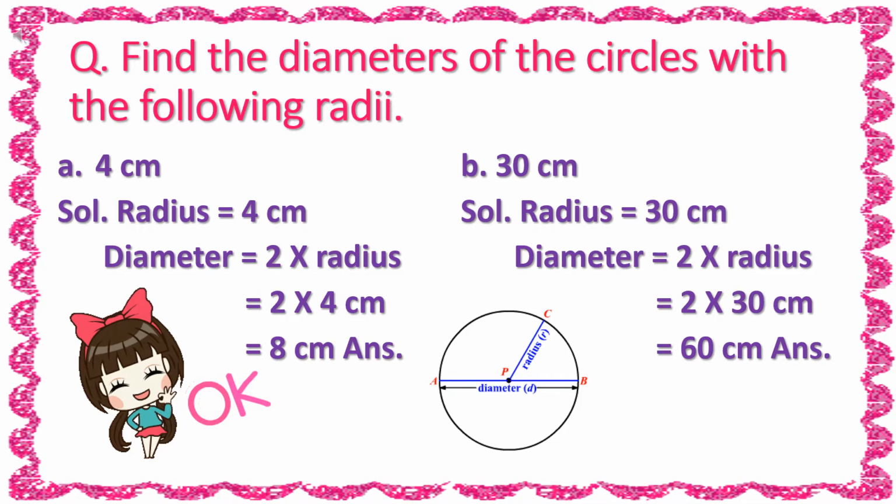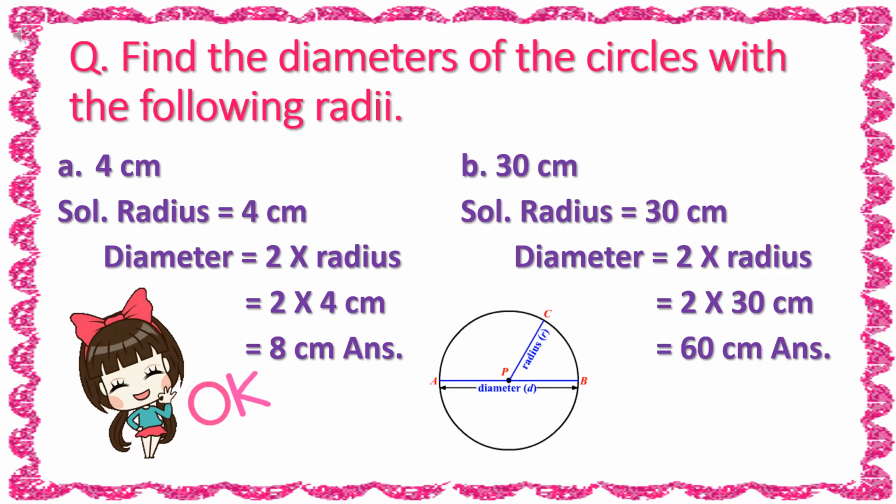2 को रेडियस से मल्टीप्लाई करेंगे तो हमें डायमीटर मिलेगा. So we will write the formula. This is the formula. Diameter is equal to 2 multiplied by radius. So whenever you have to find the diameter, you have to write this formula. ये आपको जरूर लिखना है. So diameter is equal to 2 multiplied by radius, and in next step you will write 2 multiplied by 4 centimeter. Why 4? Because our radius is 4 in this sum.